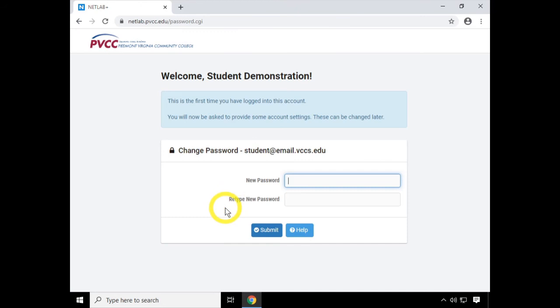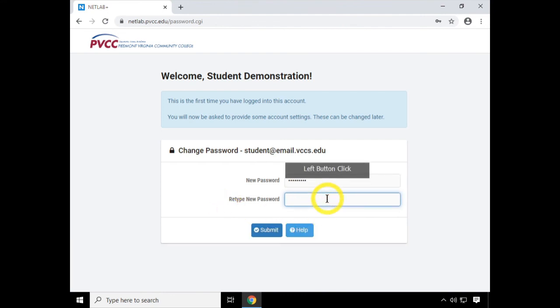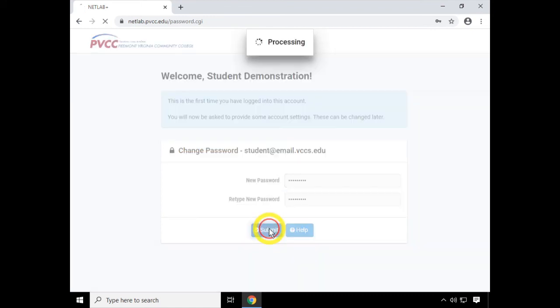Now I do have a filter on here to try to filter out some of the more common passwords, or if you try to reattempt to change it back to PVCC1972, it will get denied and it'll ask you to change a different password. For this, I'll try to use an insecure password of netlab123 just for demonstration purposes. I'll click the submit button,